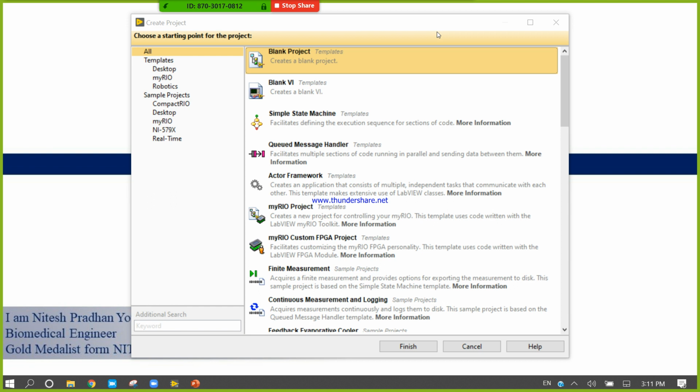Now click on the blank project, and click Finish.